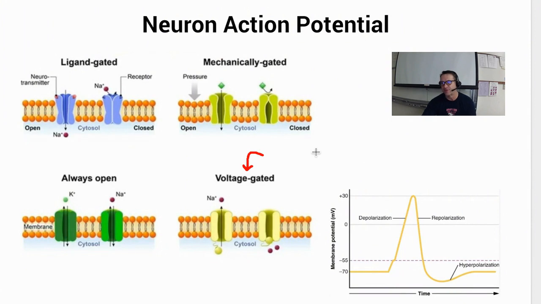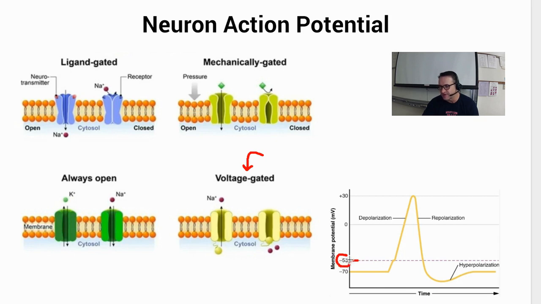All right, and the last one is the real star of the show when it comes to the action potential, and that's the voltage gated ion channels. Voltage gated, so they're not stimulated by neurotransmitters. They're not stimulated by any kind of physical stimuli. They open and close when the membrane of the neuron reaches a specific voltage. So in this case, this is the voltage gated sodium channel, because I see Na plus right here. So when does it open? It's going to open right here at